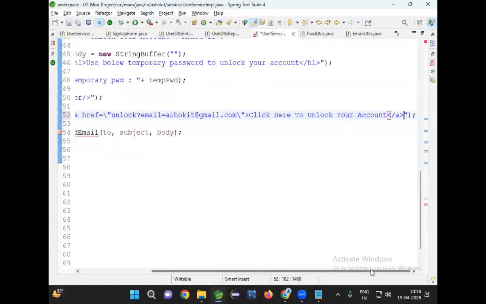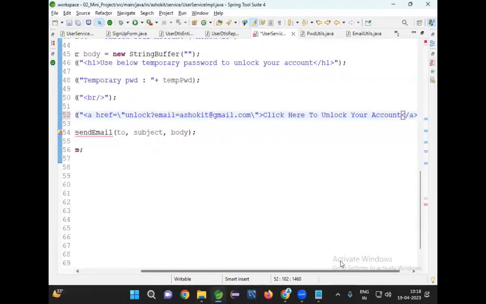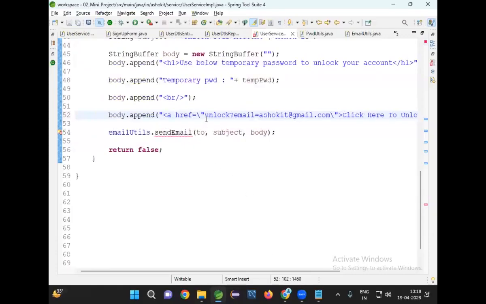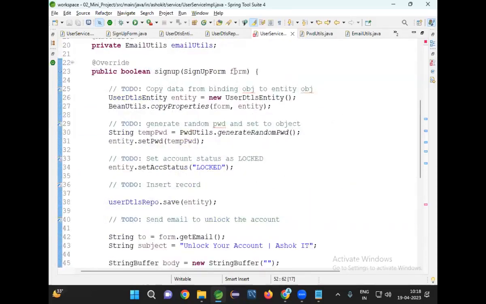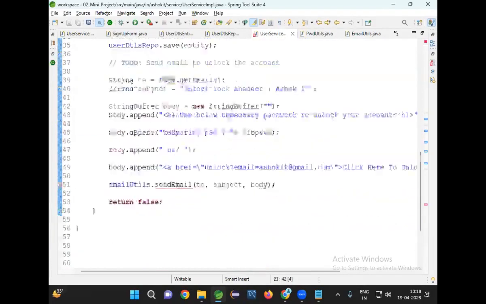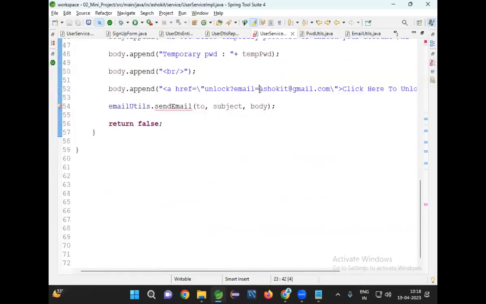I need to specify href. Click here to unlock your account. That will go as a hyperlink. In the hyperlink, I need to give my email ID. Is it a hard-coded email ID or do I need to take it from the form? From the form, I need to take that email ID. Email is equal to